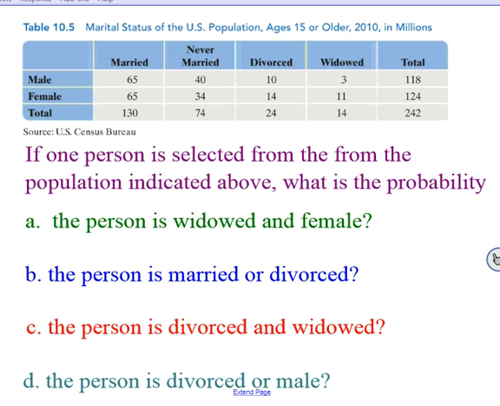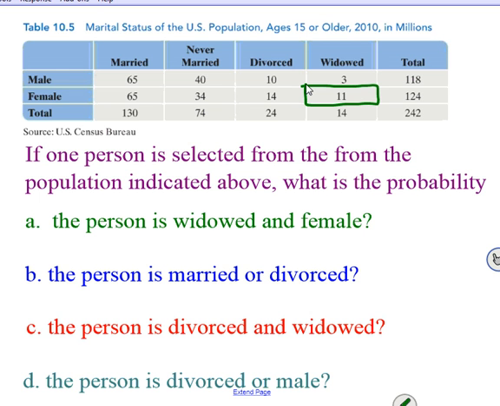All right, so if we select one person from this population of people ages 15 or older in the US in 2010, all the populations are given in millions. So what is the probability that a person is widowed and female? So anyone we pick in the group, the top of our fraction has to be both widowed and female. So that's what I'm looking for. Widowed and female right here